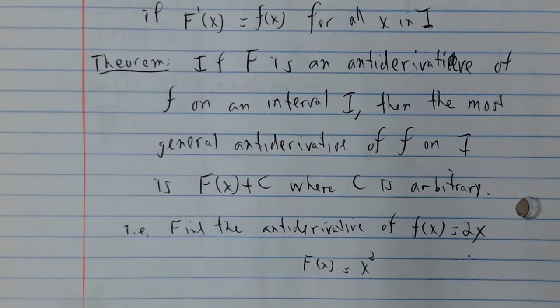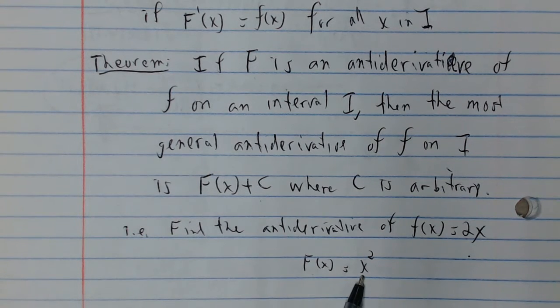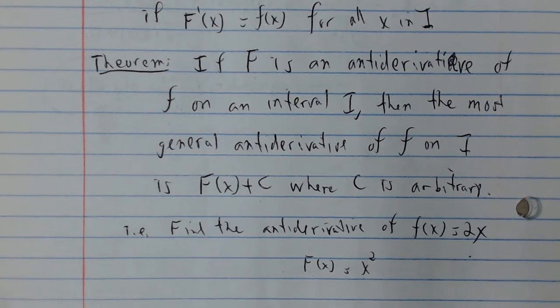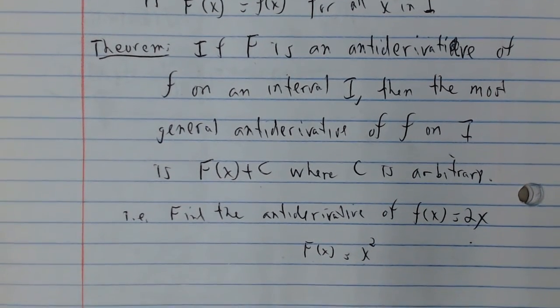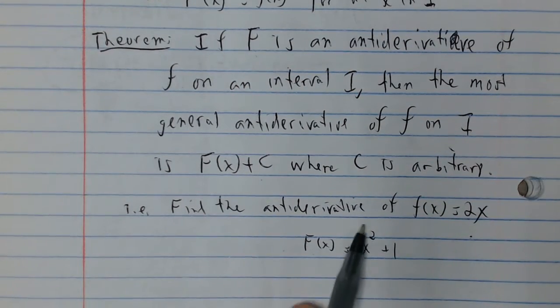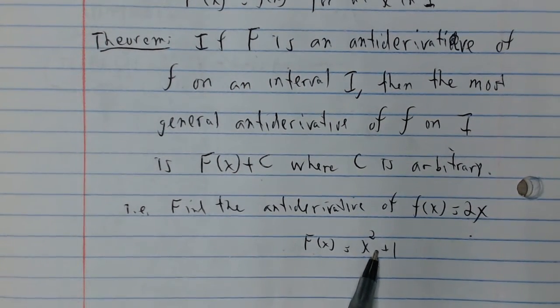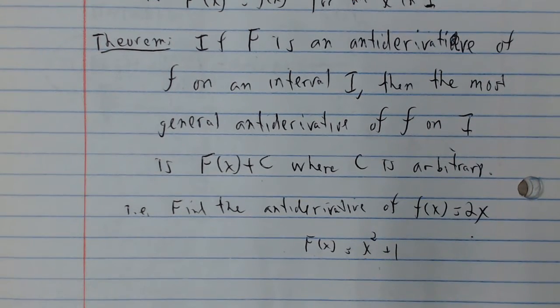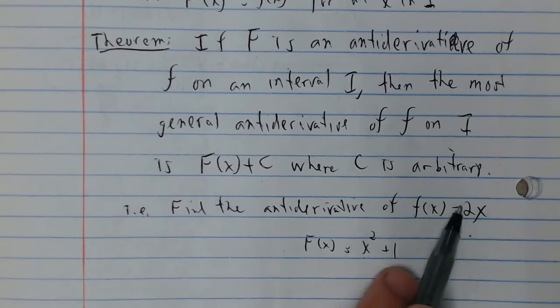But here's the problem. Yes, the derivative of this gives me 2x, but then I could argue with you and say, wait a minute, who said it has to be x squared? I was actually thinking of x squared plus 1, and the derivative of that is also 2x. So to cover your bases, you're going to say the antiderivative of this is x squared plus